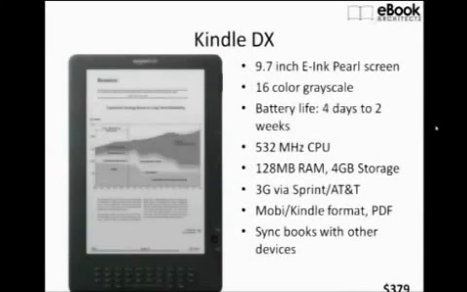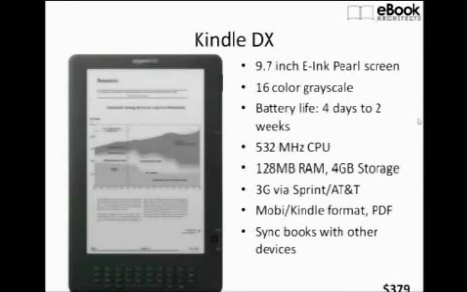The Kindle DX is the large screen version of the Kindle 3. This is actually the one that you're looking at, the Kindle DX 2, essentially. It's a good device. It has a lot of good capabilities, and I think the best approach here to using the Kindle DX is if you're in an environment where you have lots of PDFs that you need to be able to put onto things or something like that.